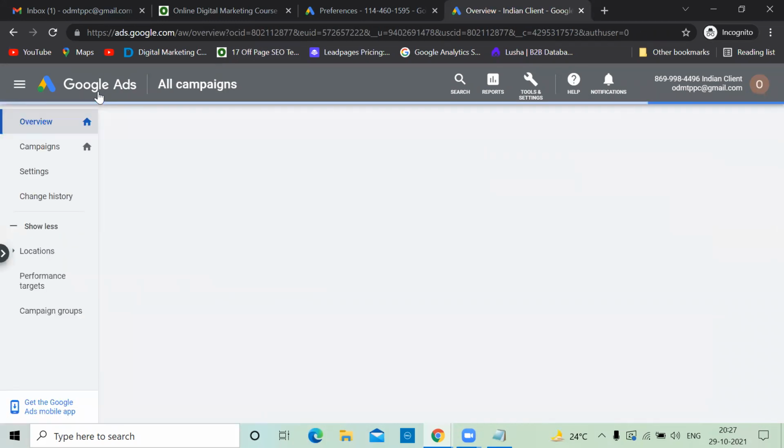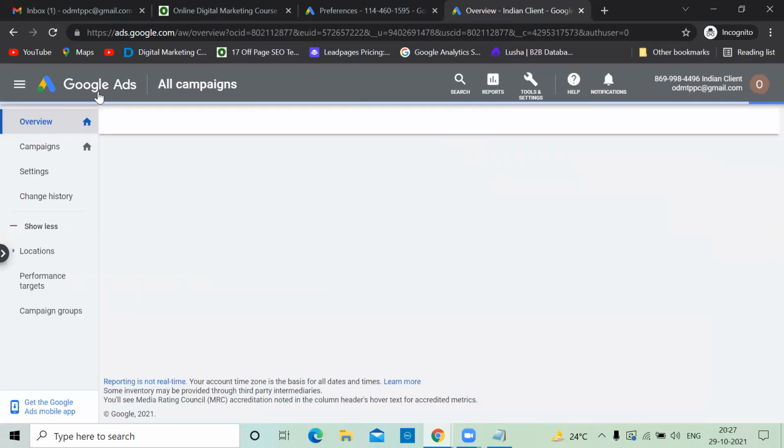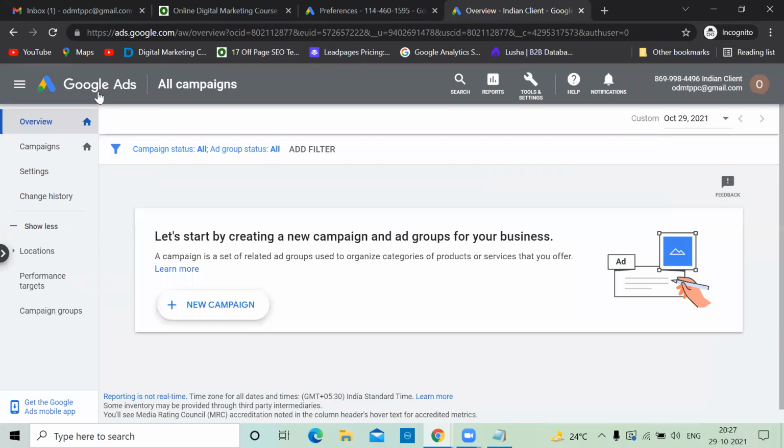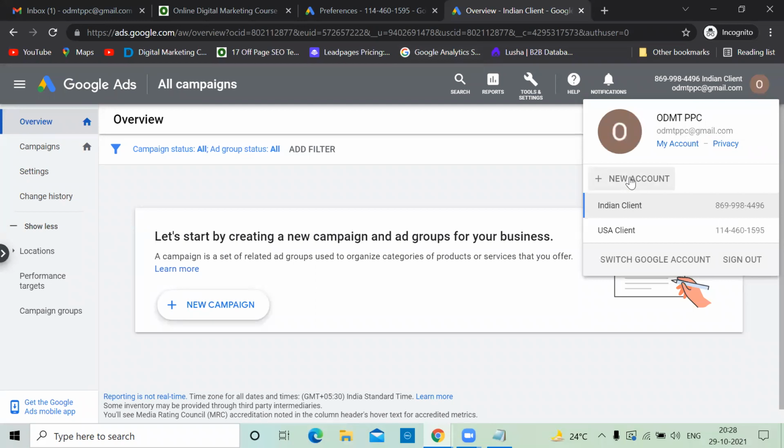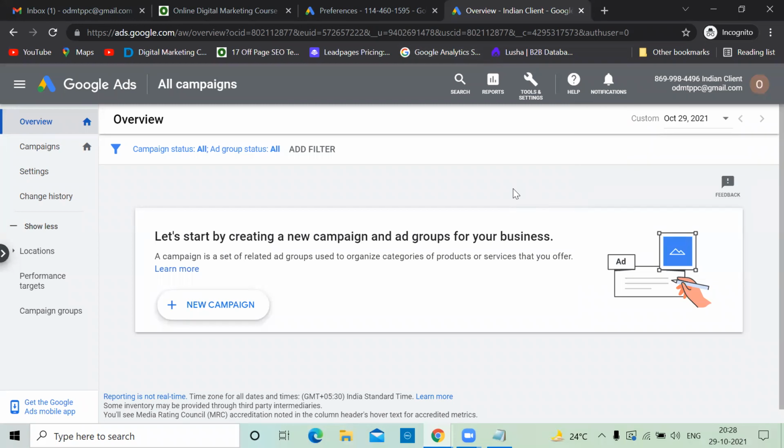Now you learned how to escape from Google Ads Express. Many students ask me questions: my account is in Google Ads Express, what to do? Nothing, create a new account here. No need to create a new Gmail account. Click a new account. See, 1, 2 done. In such a way, 20 I can do it. Still if you have a problem, put it in a comment and I'll tell you how to recover from that. Right.